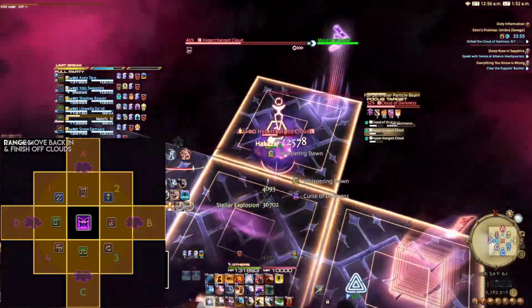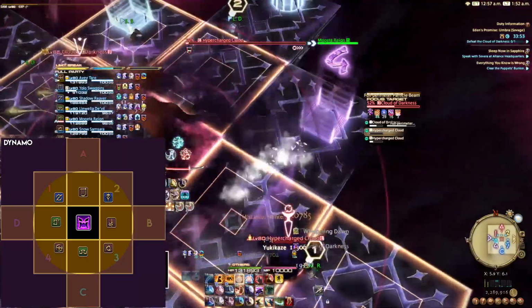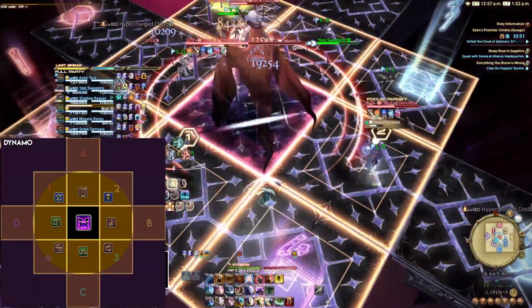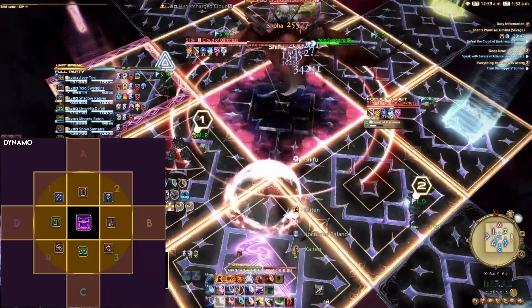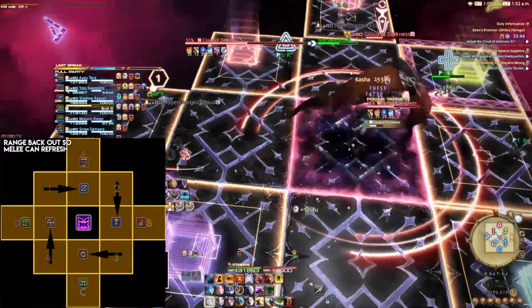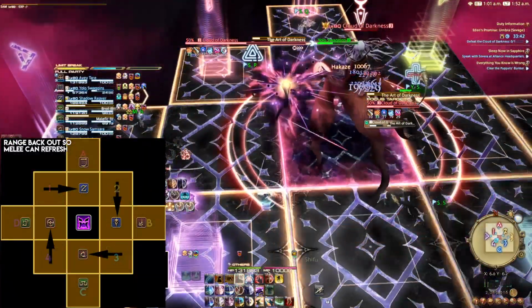With the 4 clouds dead, players need to move back into their starting positions for the upcoming full perimeter particle beam, a Dynamo type attack with a safe spot around the boss's hitbox. Ranged players will move back out and melee will refresh their tiles while watching the boss's next The Art of